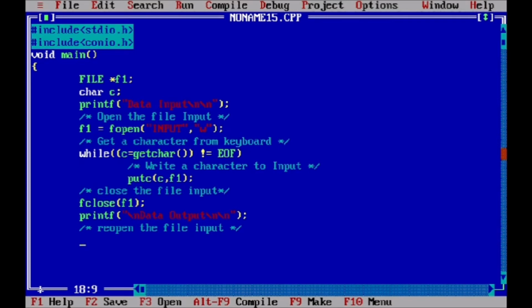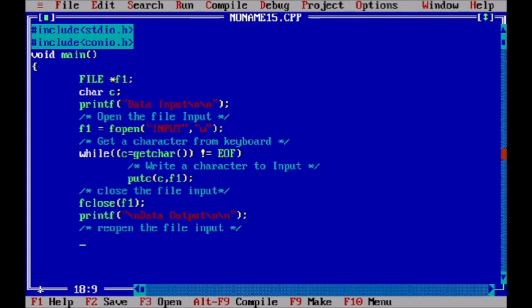We open that file in reading mode. If we opened this file again in writing mode, the previous data would be lost, and we don't want that. So we open this file in reading mode, and after opening it we simply display the content of the file on the console.